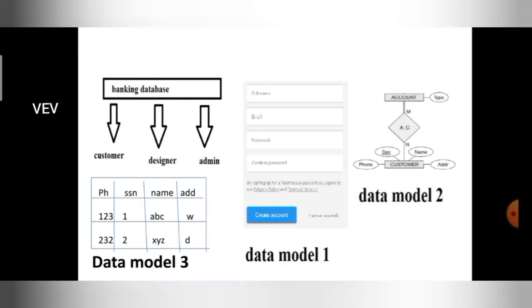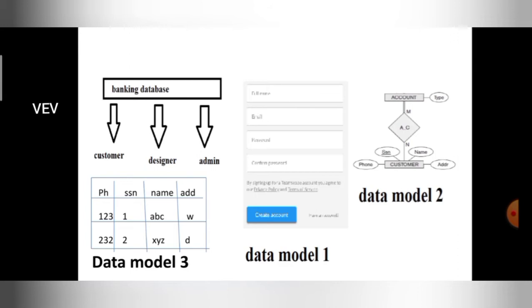You can see here the data model 1. This data model 1 can be used only by the customer because customer can only see this, right? So data model 1 can't be seen by designer or admin. These details are hidden actually. Only the information that is needed for customer is there in the data model 1 and all the other details are hidden.